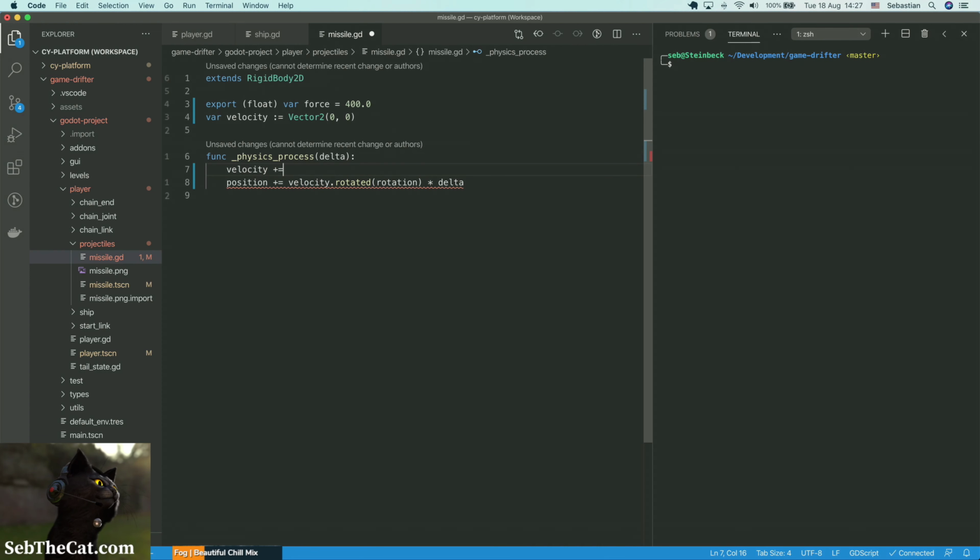Velocity plus equals the vector 2, or we can say that the acceleration is also equal to a vector 2, right? And I guess